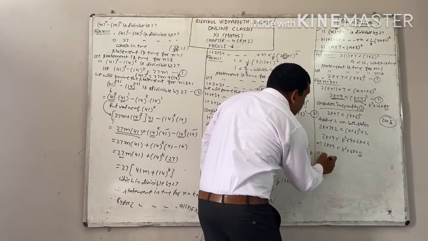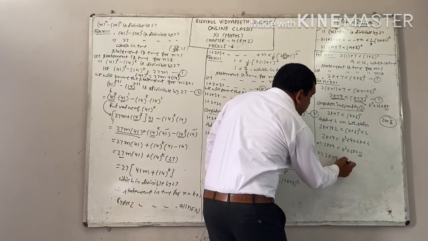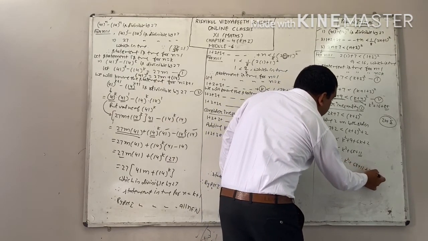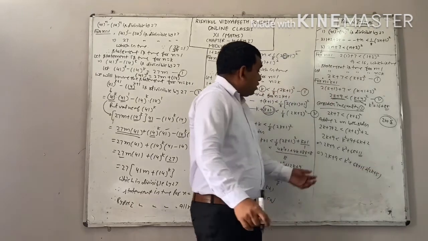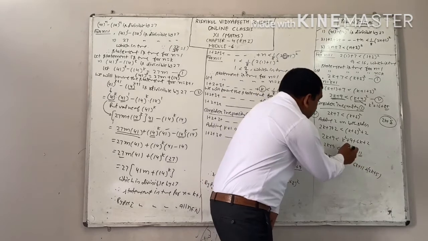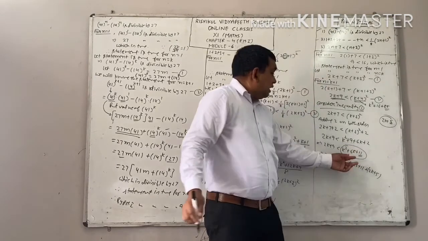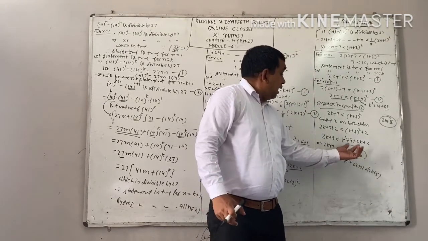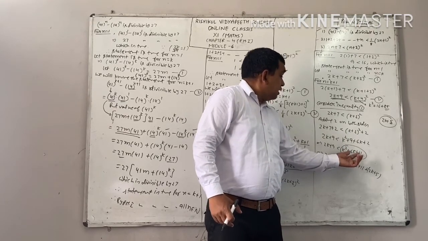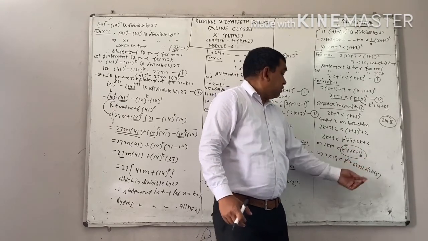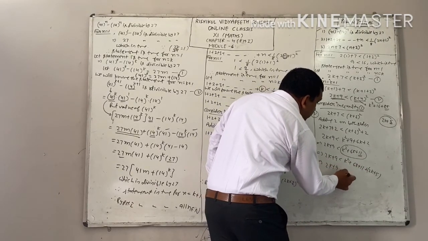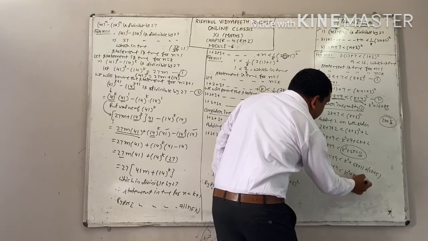Therefore you can say 2k plus 9 is less than k square plus 6k plus 11, and I am adding 2k plus 5 more. Because this is less than this one, it means this number k square plus 6k plus 11 is greater. And if I add some more numbers to this one, this will still remain greater, right? This is your 2k plus 9 less than k square plus 8k plus 16.